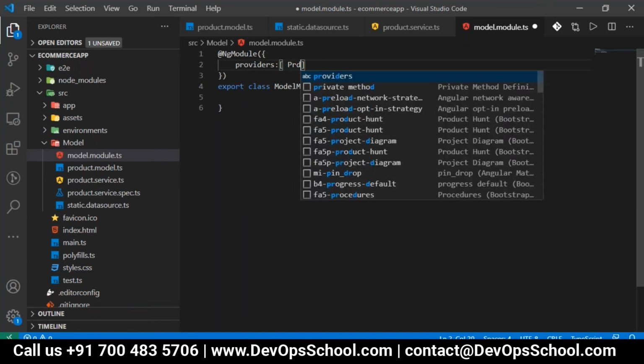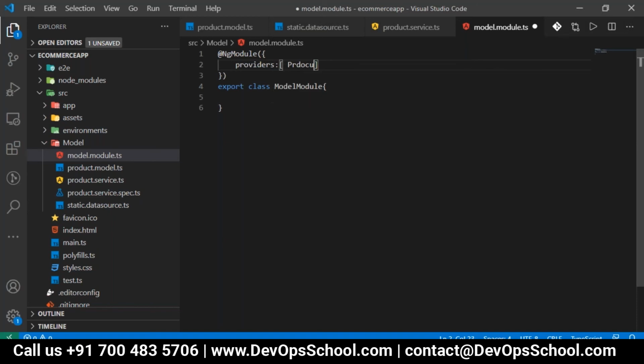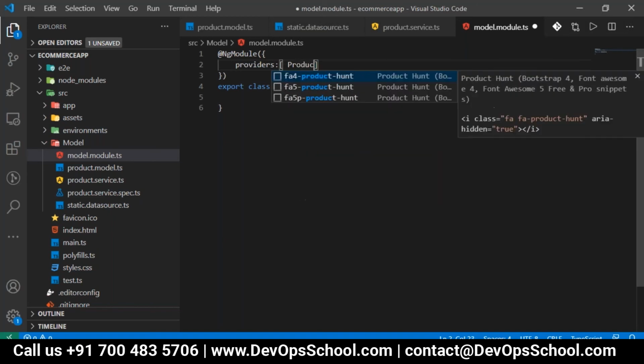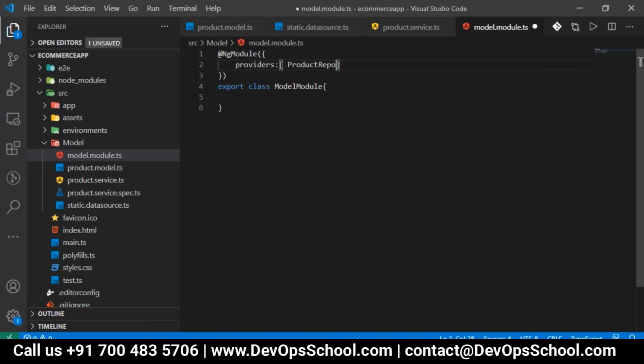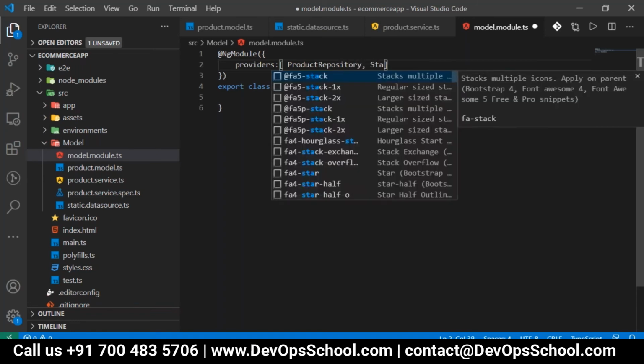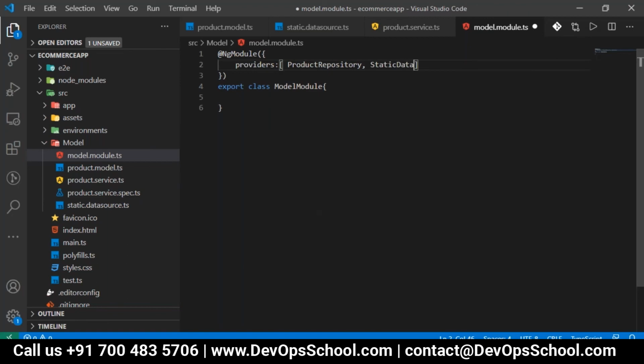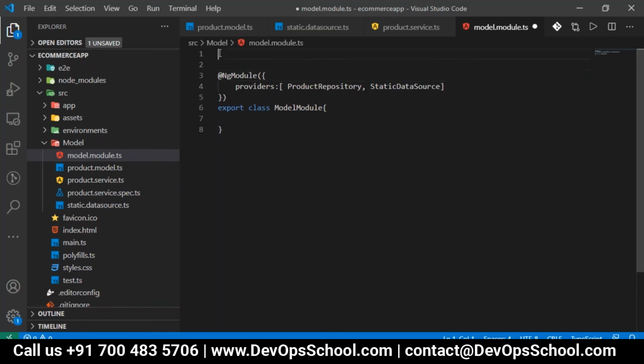So the ones we created: the product repository and the static data source. These are the two I have to give for the providers, and there is no component, so no need to register anything. Sorry, it is the product service.